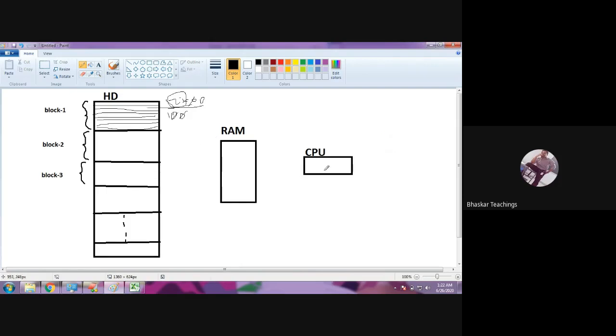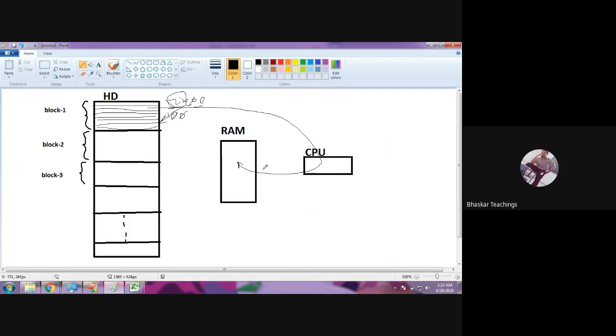Fine. So what happens when a query is given? When a query is given, the CPU is not going to directly interact with the hard disk, because CPU speed is in nanoseconds, very fast. This is the fastest operation, but the hard disk is a bit slow compared to CPU and RAM. So the point is simple: forget the speed. CPU is not going to directly retrieve the data from the hard disk. It is going to retrieve the data from RAM, because RAM is the fastest memory compared to the hard disk. CPU is going to retrieve the data from RAM only.